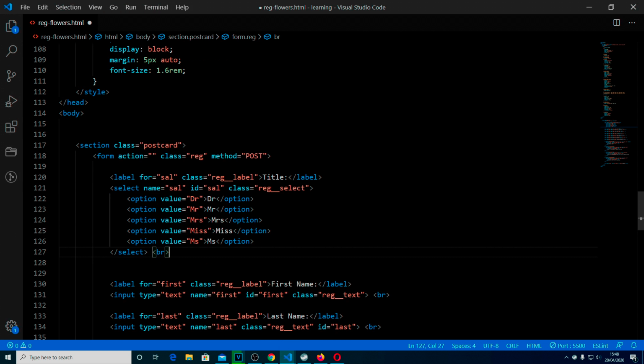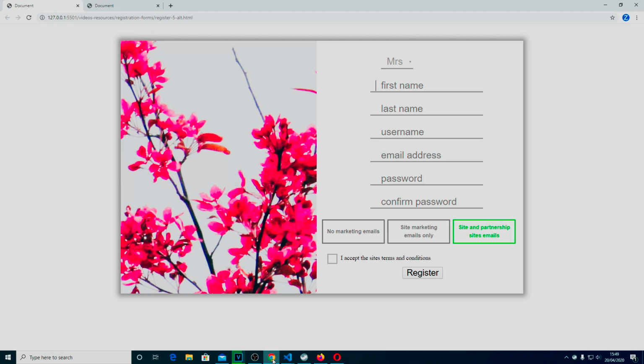So we now have the postcard, we have the form, but before the form we said we're going to have an image. Now there are actually two ways we can do this, and I'm going to be honest with you, I cheated a bit. What I should have done is exactly what I said, was to create a new container, or even just get this image to the correct dimensions, crop it, save it and use it. Okay, and then I could have a solid image here and then a form next to it, and it would work perfectly. But the problem I've got here is that I want you to be able to follow along with me,